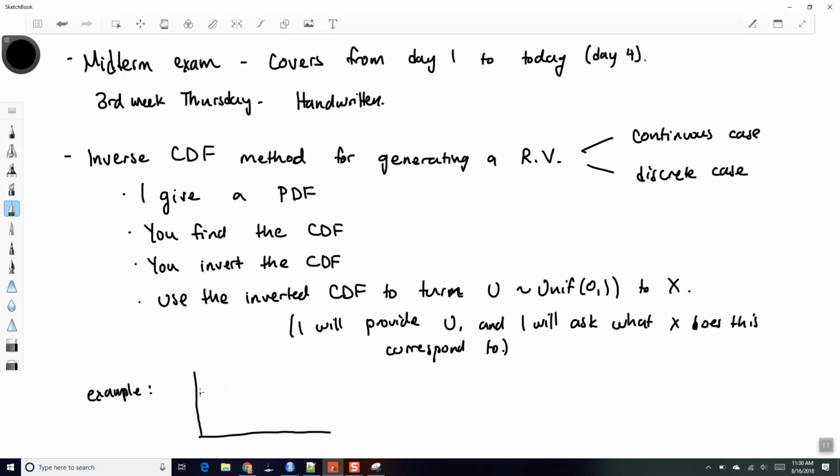What if this was your thing, right? So it went from 0 to, I don't know, 2 to 4, and so this has a height of 1/4. Okay, so what is that? What is the function here? So f of x is defined as